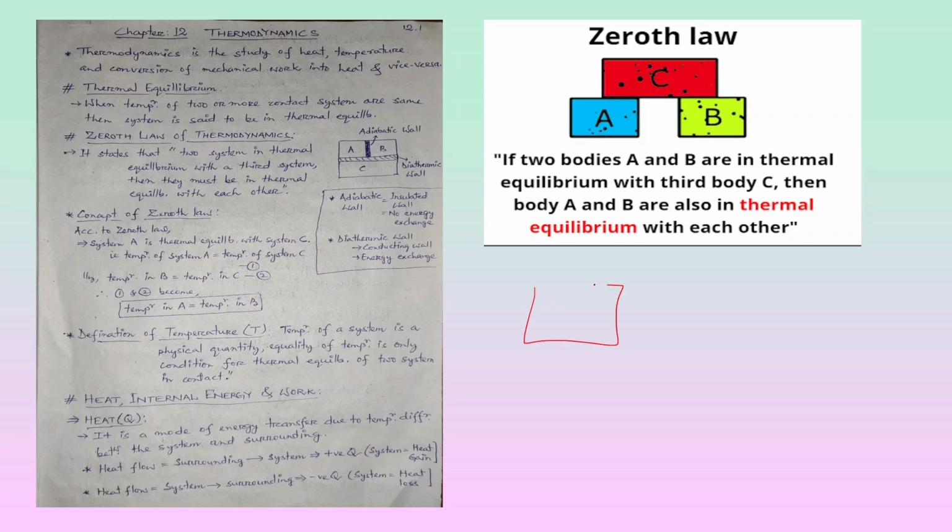Suppose I take a closed system and contact another closed system. If one system is at 10 degrees Celsius initially and the other is at 5 degrees Celsius, then when they contact each other and we observe after some time,